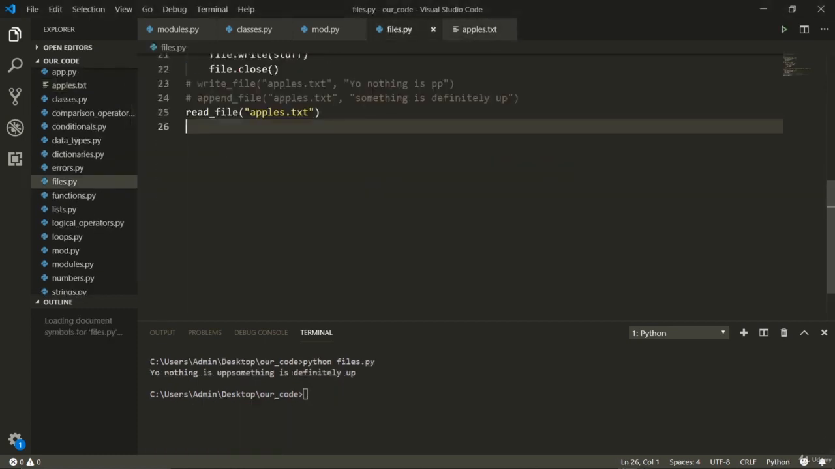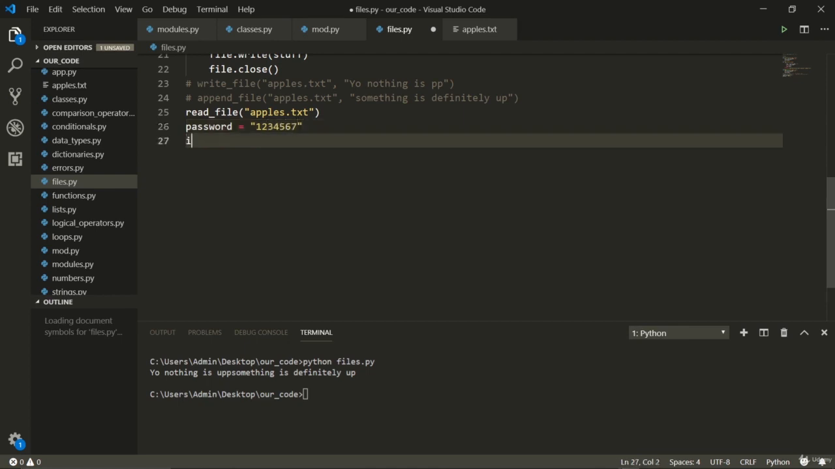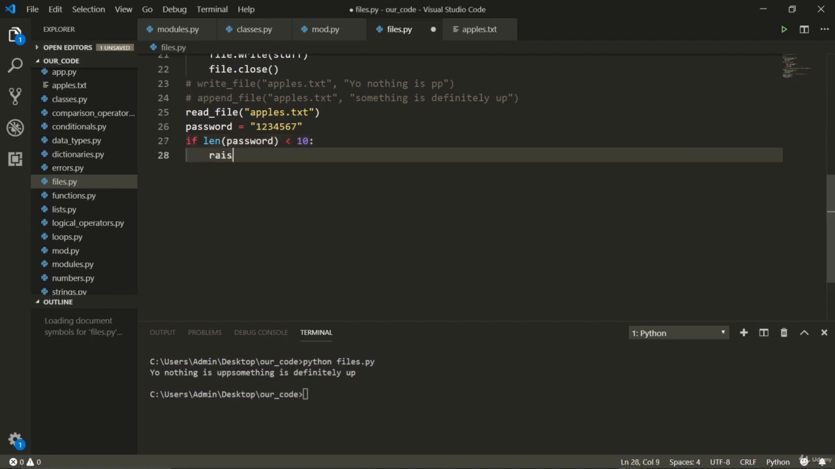Now let's talk about raising exceptions. You don't just want to try and catch exceptions. You can also raise exceptions and then catch them in whatever flavor you want to catch them. So let's say I raise an exception when the password length is something. So let's say password is 1234567, and I say that if the length of this password is less than 10, raise an